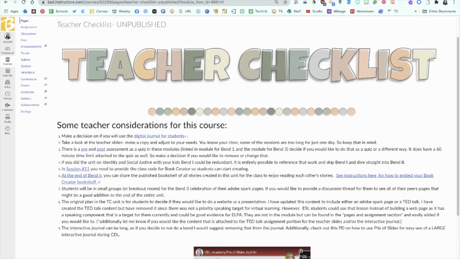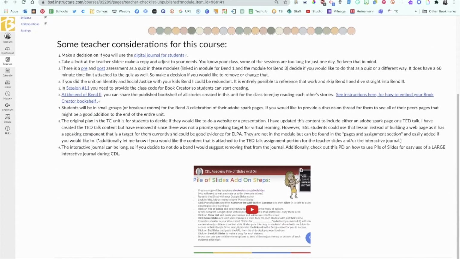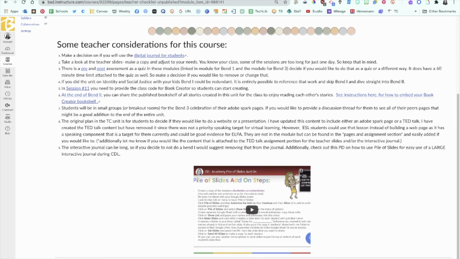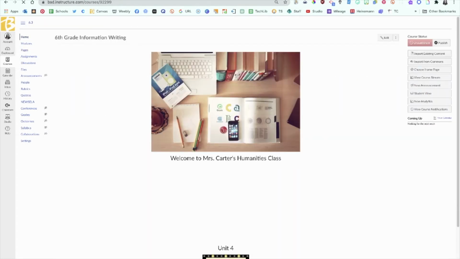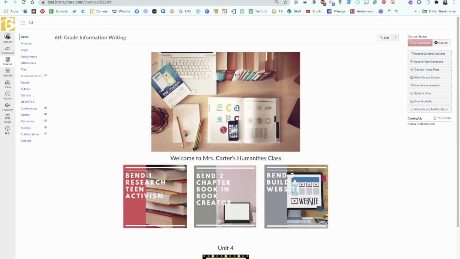It's just not in the main module, so the students won't run into it and go, we didn't talk about this. What is this? So it's there for you if you want to use it and just make that decision. And again, that interactive journal pile of slides idea, I think is a really good one. Okay, so if I come back to the main setup for each of the bends, they kind of all run